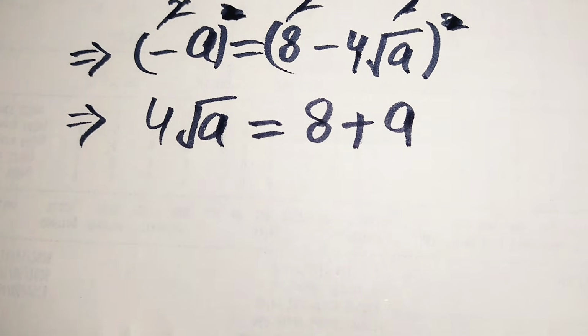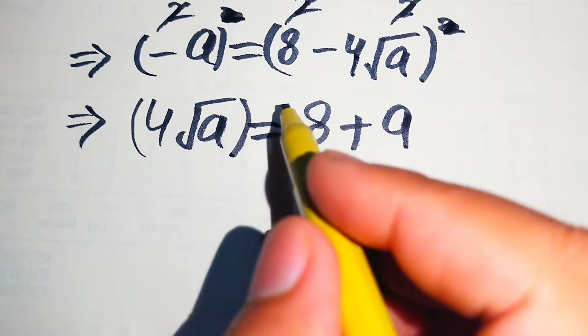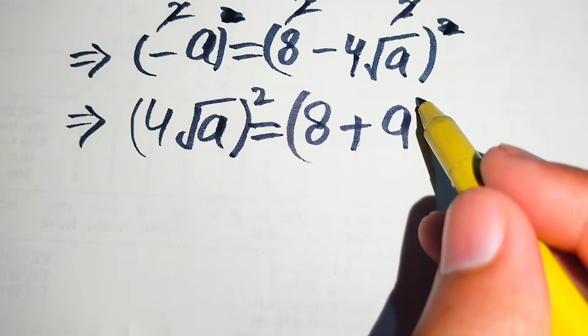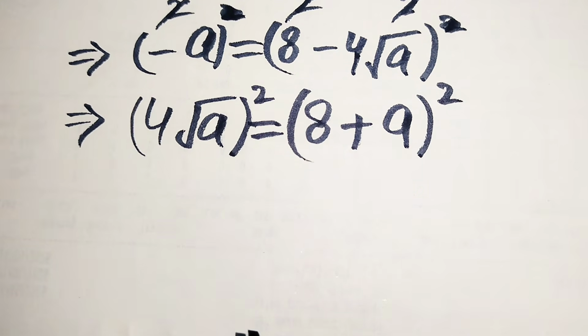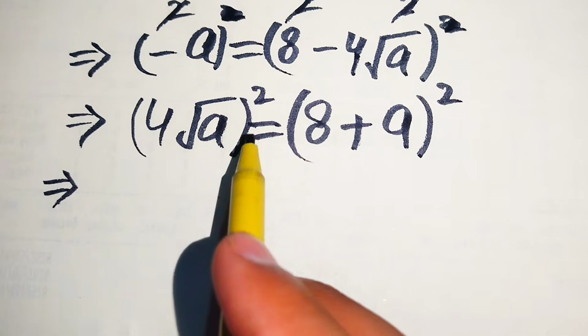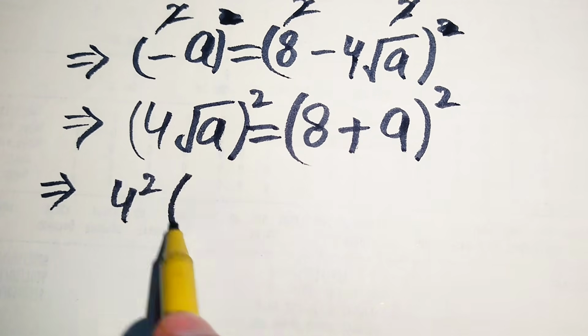So now we are ready to apply squaring on both of the sides. This will be written as 4 times square root of a, its whole square, is equal to 8 plus a, its whole square. And now first we apply this square sign separately on both of these two values, and we get 4 square